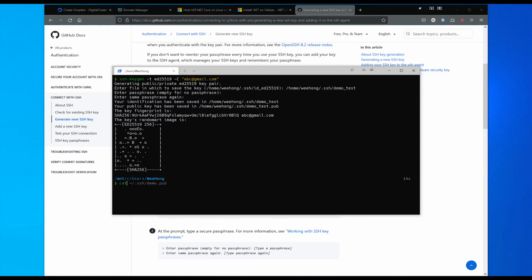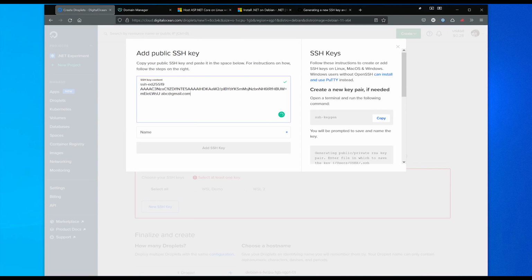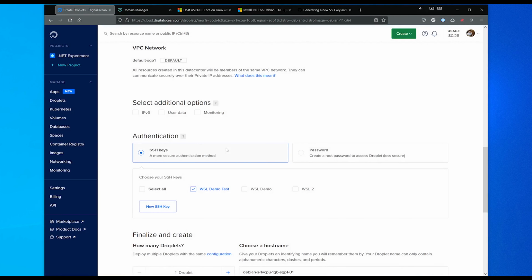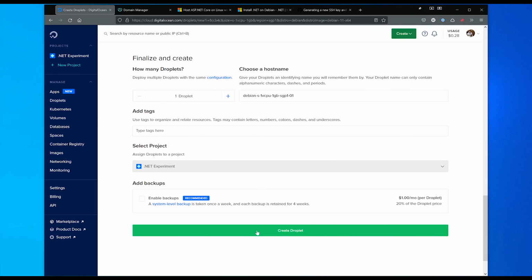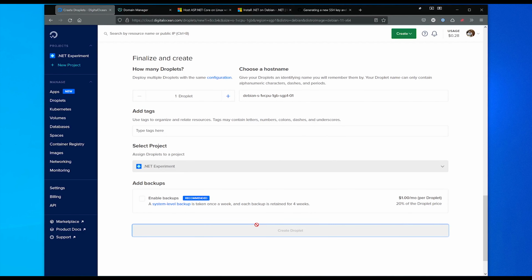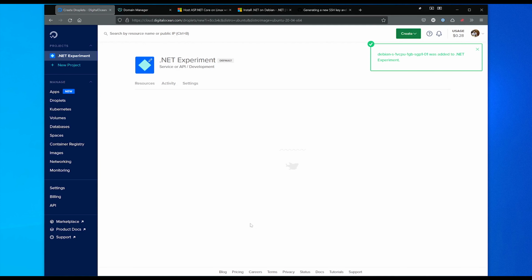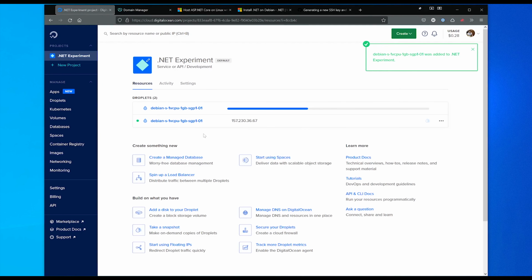Then after that, I need to copy this public key and paste it into DigitalOcean here. Then let's give it a name like WSL demo test, something like that, and add the SSH key. Then we can just move forward and create the instance. This will take around a few minutes to set up our instance, and while we are waiting, we can